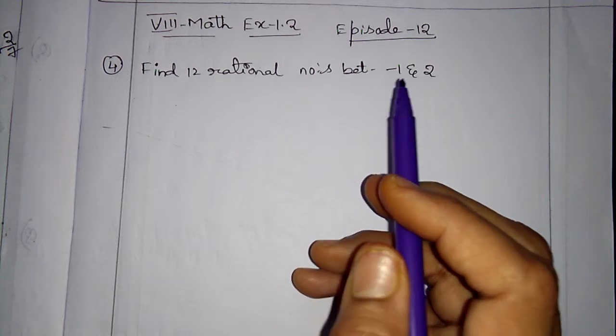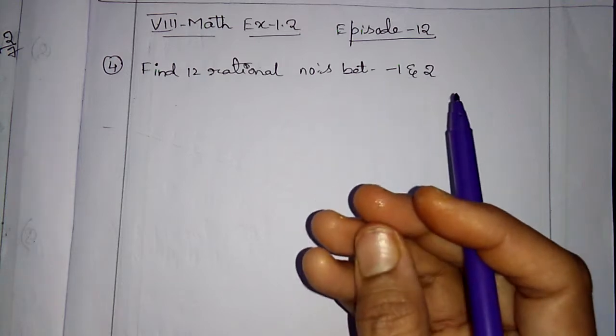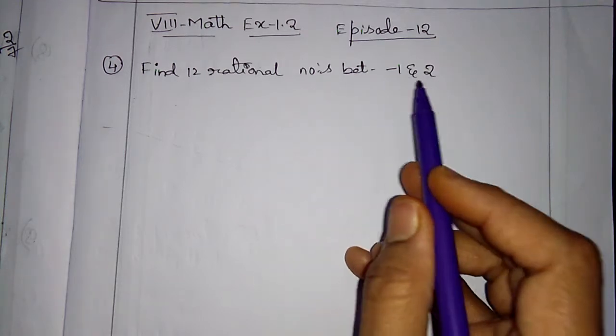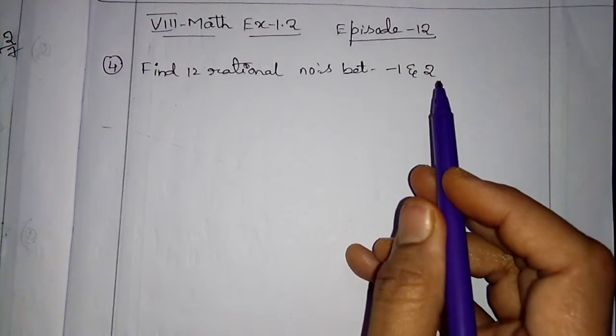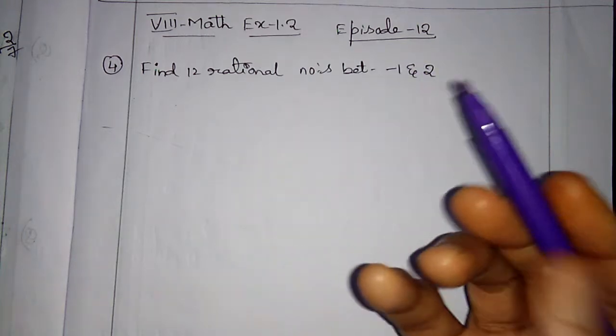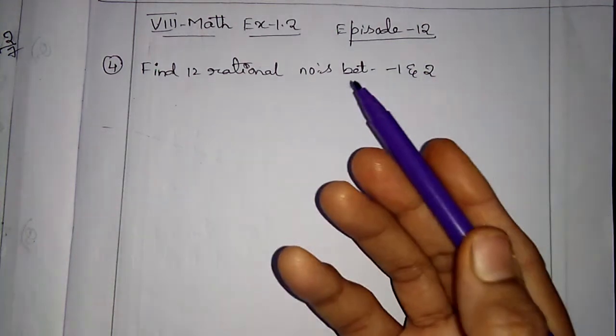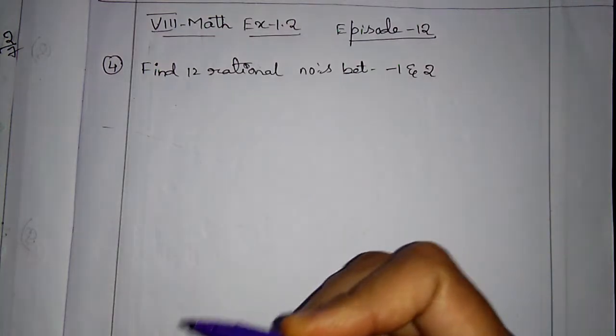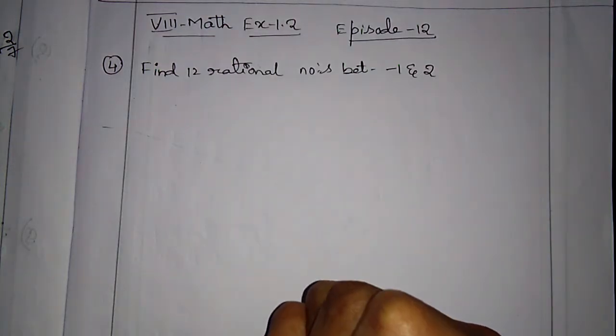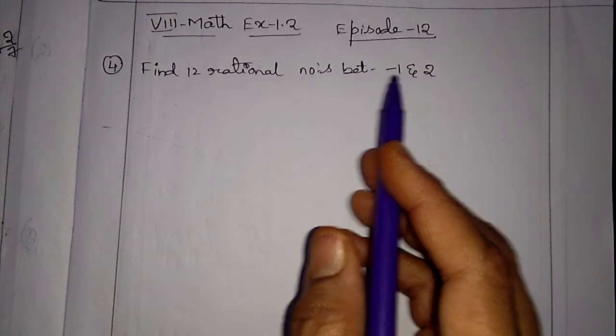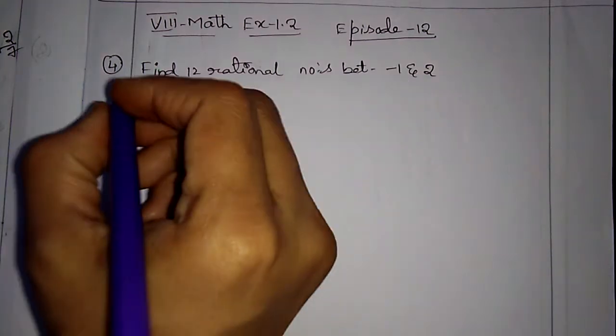If he is asking for 1 or 2 or 3, just very few numbers, you can take the mean of the two numbers, -1 and 2. And again you have to take the mean of whatever answer you got and -1. Again like that you have to take the mean and do. That is one method, children. And the other method, I will tell you, is very easy, children.